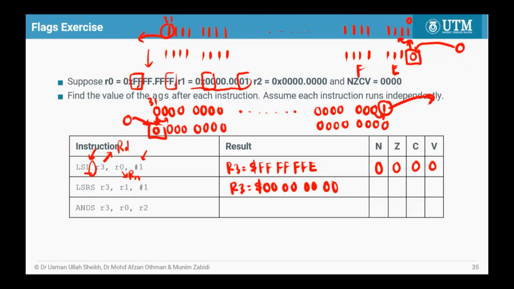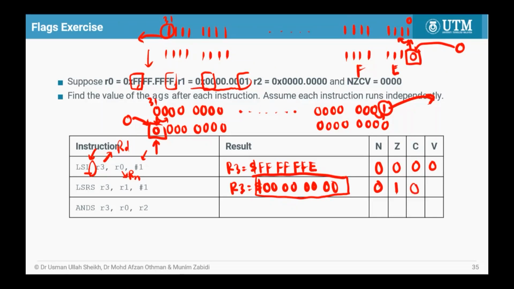Okay, so now we're going to identify the flag register here. Your N flag: you're going to need to look at bit 31. Since your bit 31 is 0, then the N flag is 0. What about your Z flag? Your Z flag is equal to 1. Why 1? Because the value here is 0. Your R3 is 0. What about your C flag? The C flag doesn't get affected,